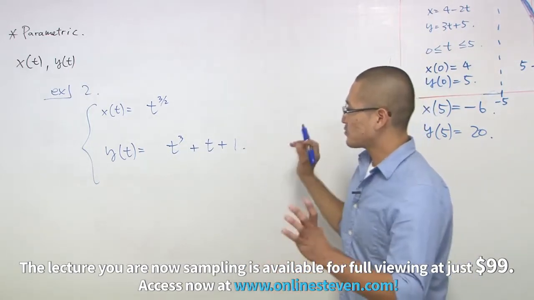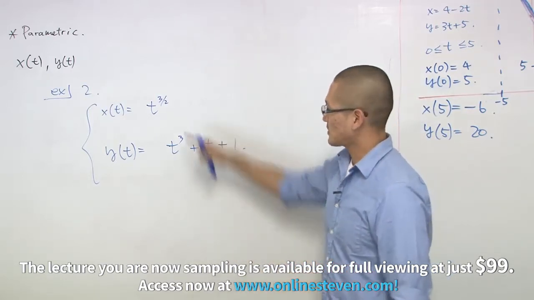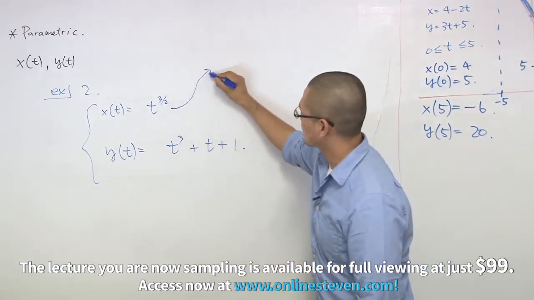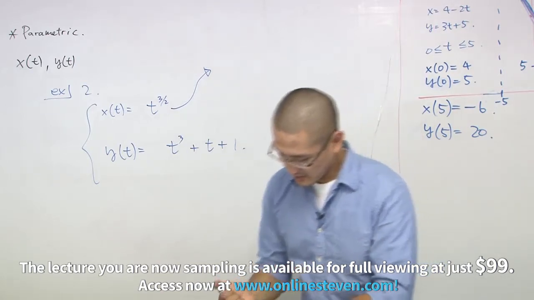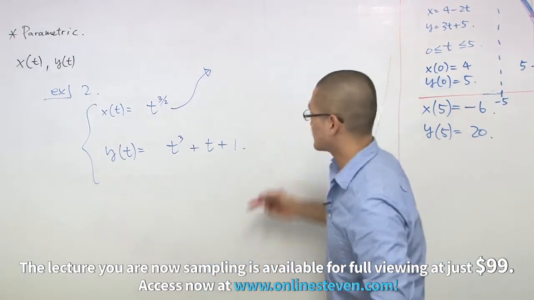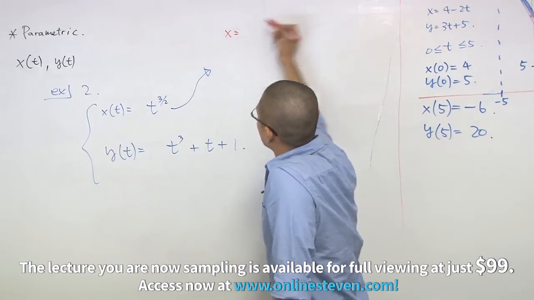How can we change this without using t? That's the problem. Okay. Then I'm just going to change this over here and solve for t. So x will be